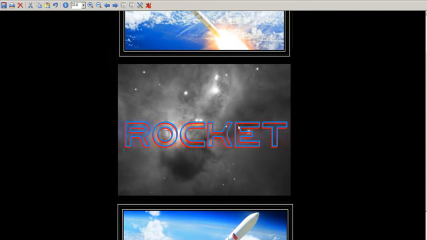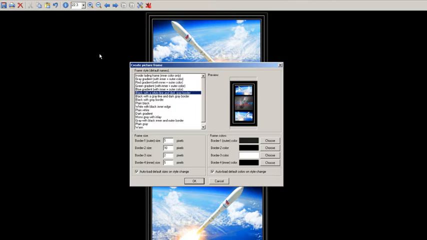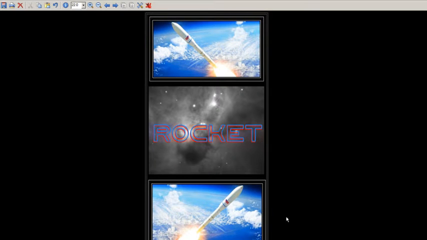Now you see how the words rocket really jump out more in that black and white. The only thing I would say here is adding these white lines would be something I might want to do to try to simulate that. To make up for that, what I can do here is add them around the whole thing to throw you off a little bit. So let me try this. File,